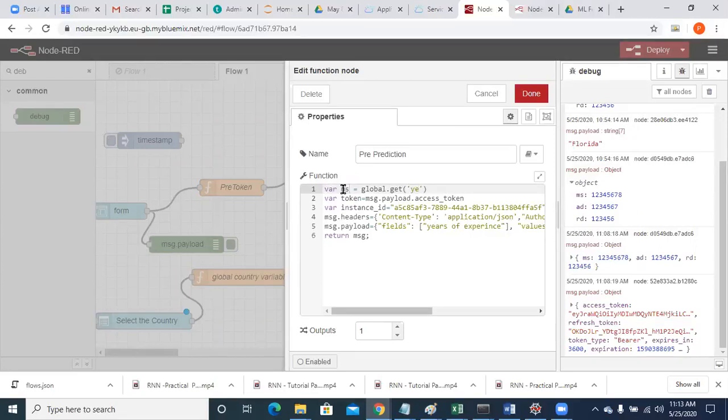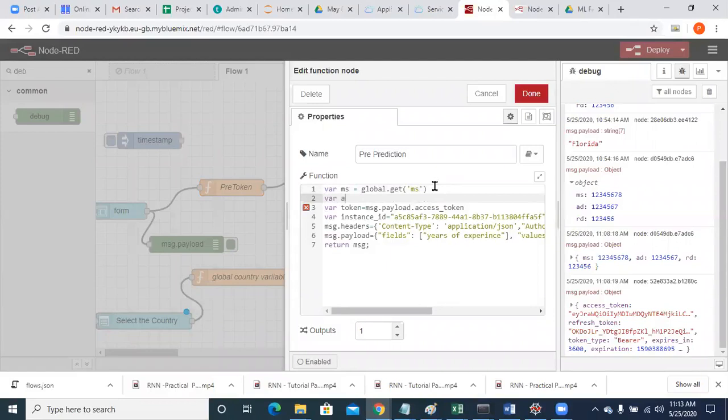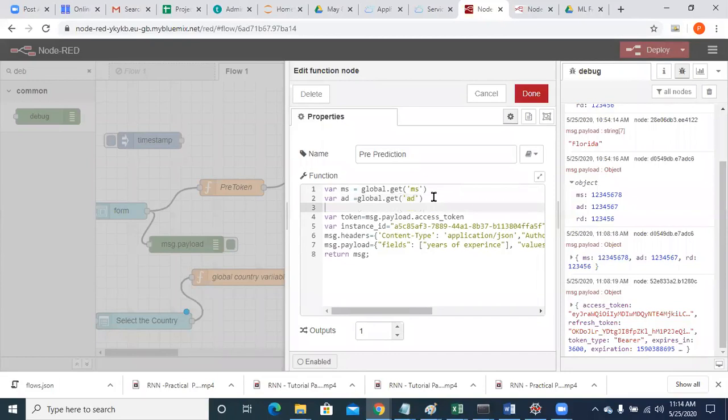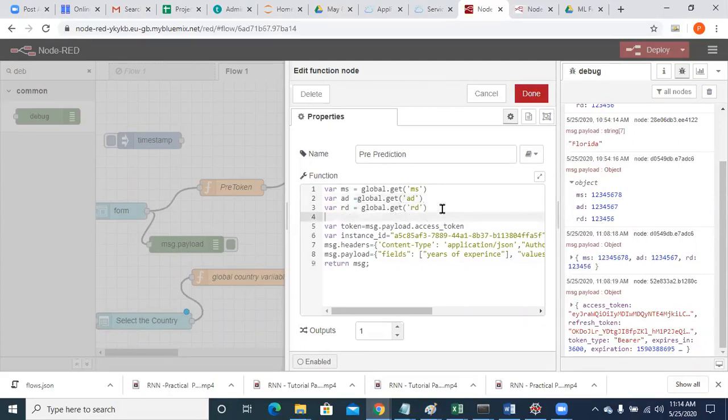So now here again, I'm creating it as var ms = global.get ms, var ad = global.get ad, var rd = global.get rd, var s = global.get s.